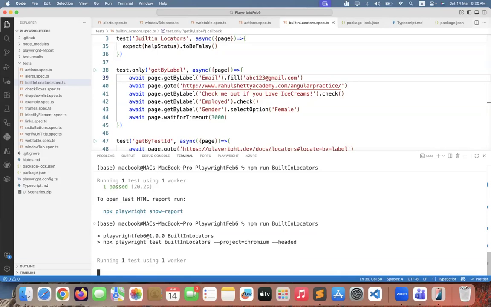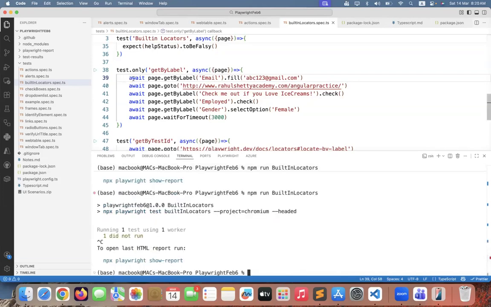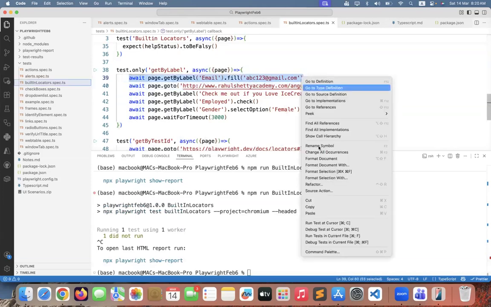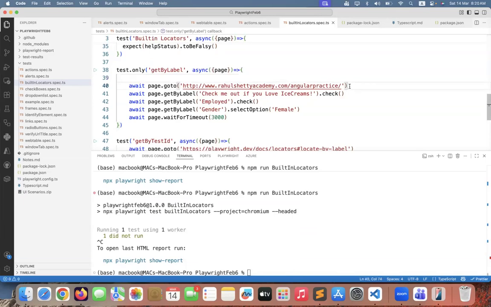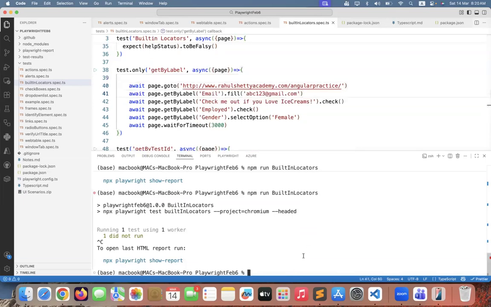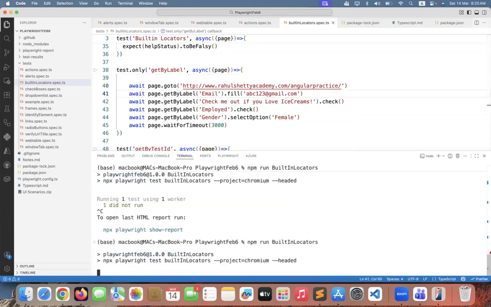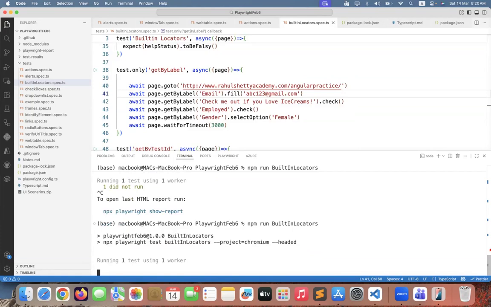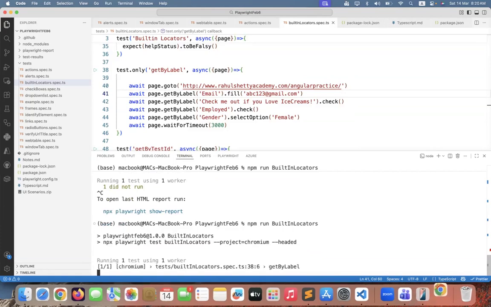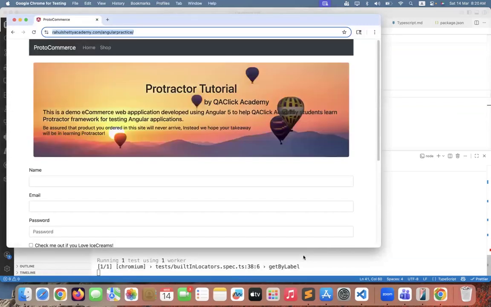Okay. So you cannot identify the element